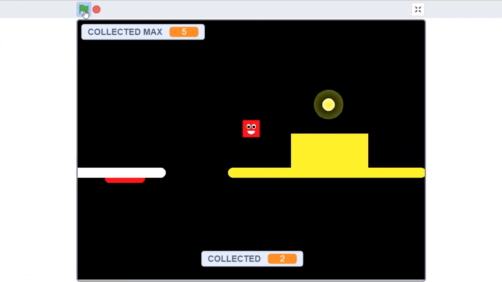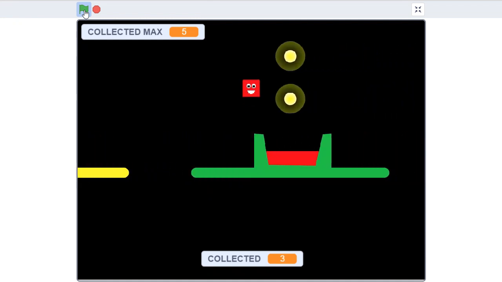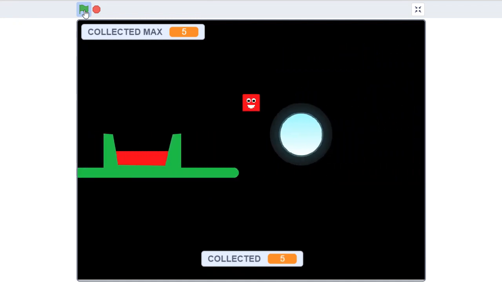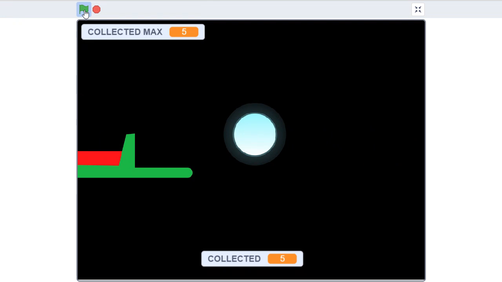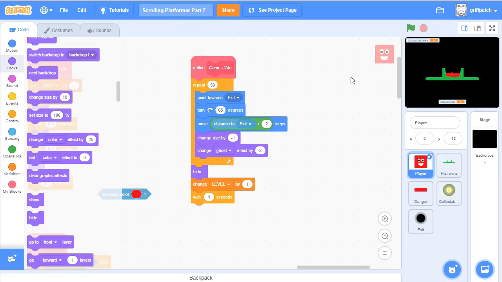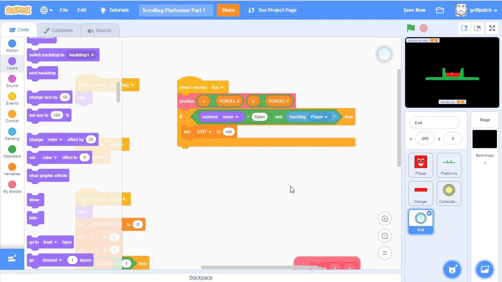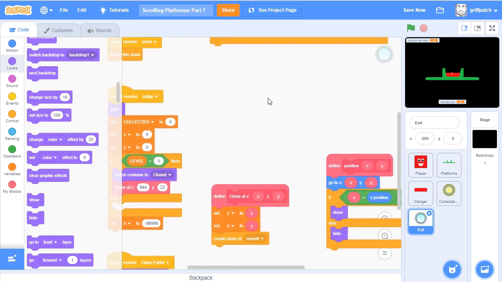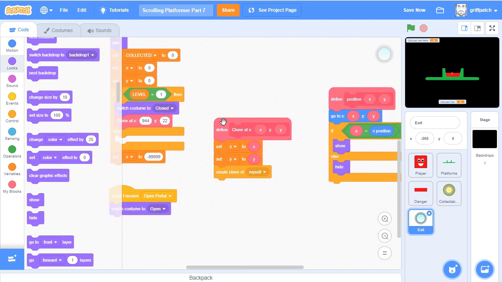Okay, so let's get to the portal, jump in. No, that most certainly did not work. So you can see even I have bugs in my code. So the reason for that I already know is that in our exit scripts, if we look at our clone